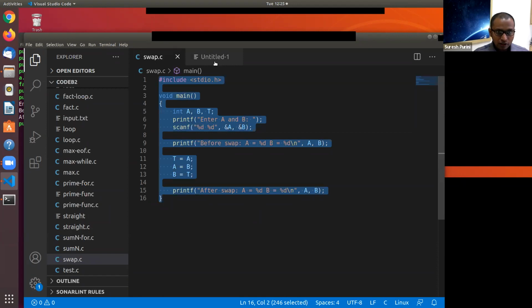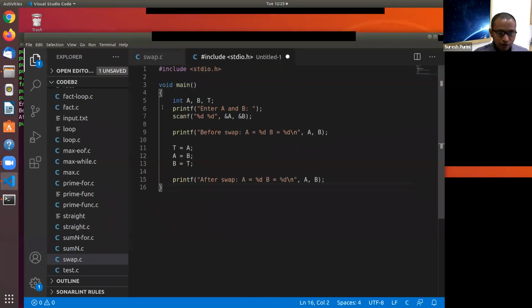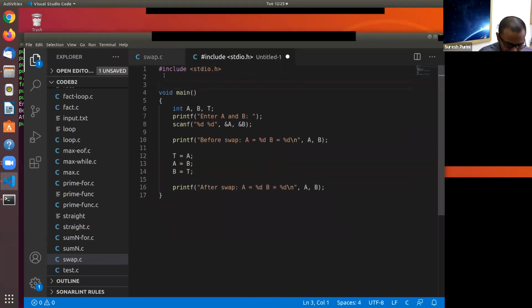This is our goal: write a swap function. What are the parameters to the swap function? The swap function doesn't return anything. Those of you who are looking for a revision of functions, I want you to understand. We would like to write a swap function, and this swap function doesn't return any values.